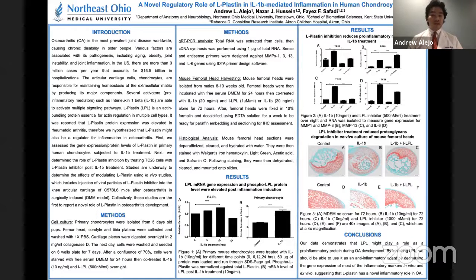In addition, we had an ex vivo mouse femoral head organ culture. What we saw was L-plastin gene expression being upregulated after IL-1 beta treatment, and the human chondrocytes showed downregulation of those pro-inflammatory markers after being treated with 1 dose of L-plastin inhibitor. In the mouse femoral heads, we saw L-plastin inhibitor reversing the matrix degradation shown in figure 3 that the IL-1 beta caused. So we believe that by inhibiting the L